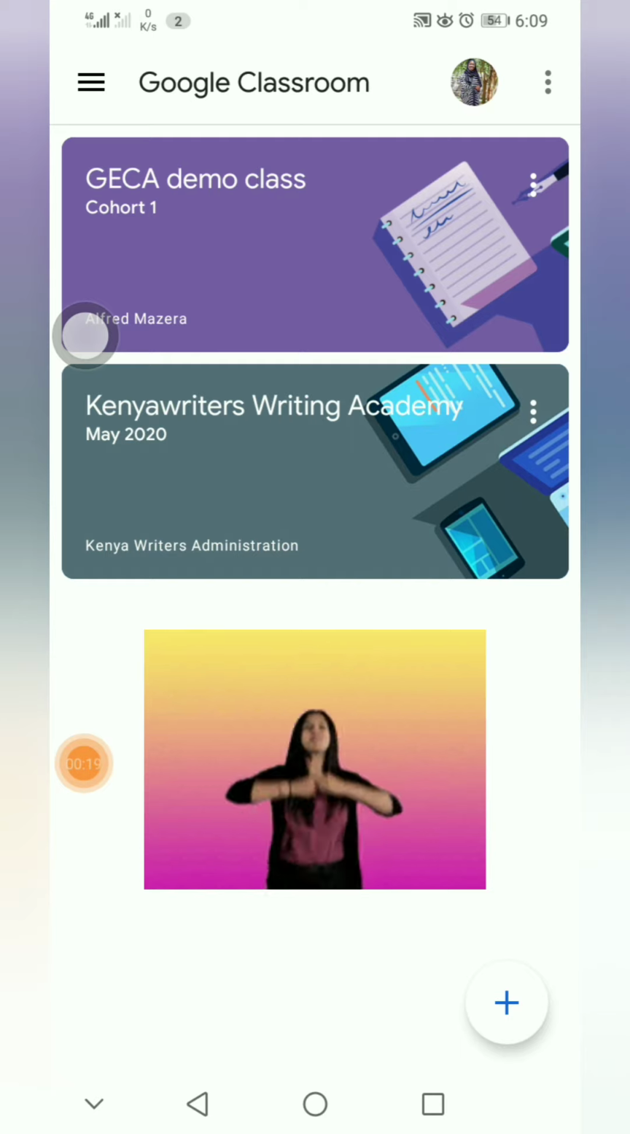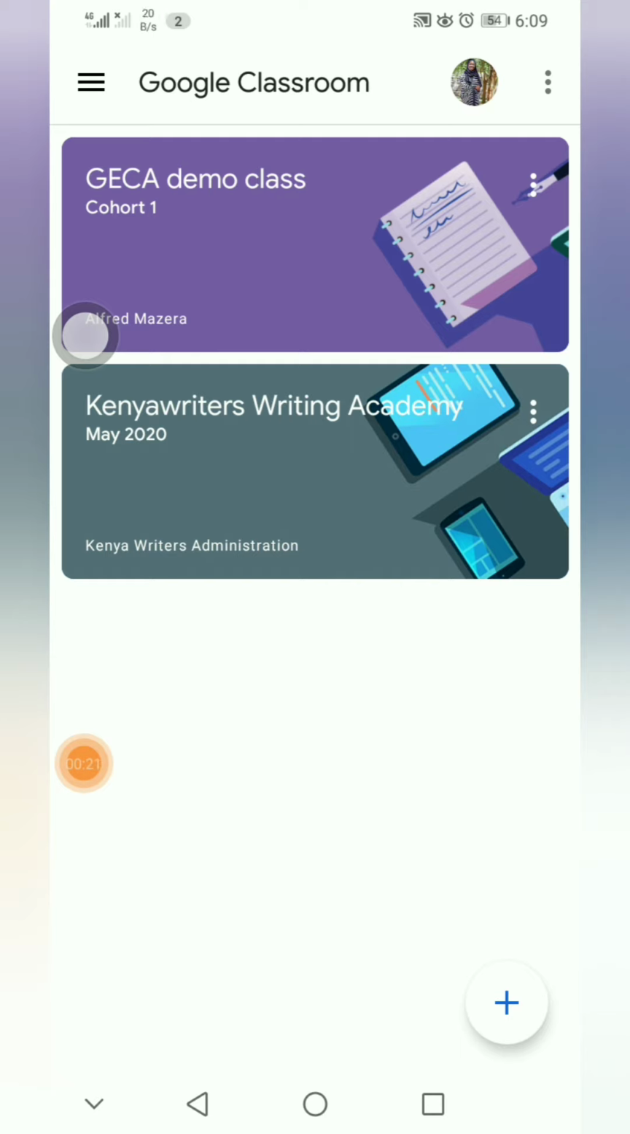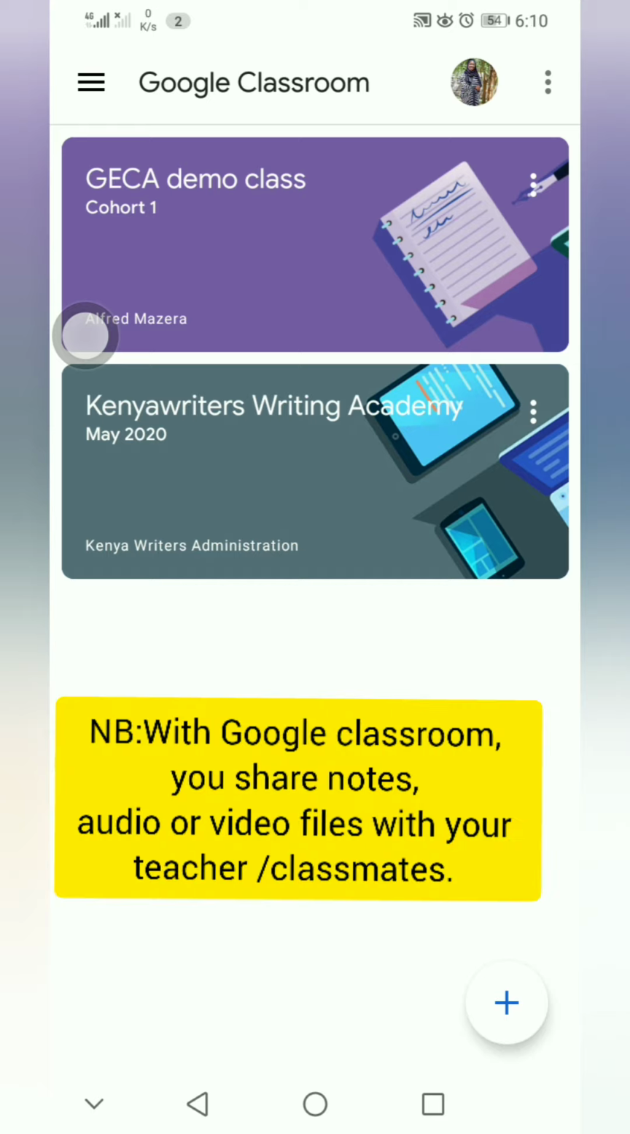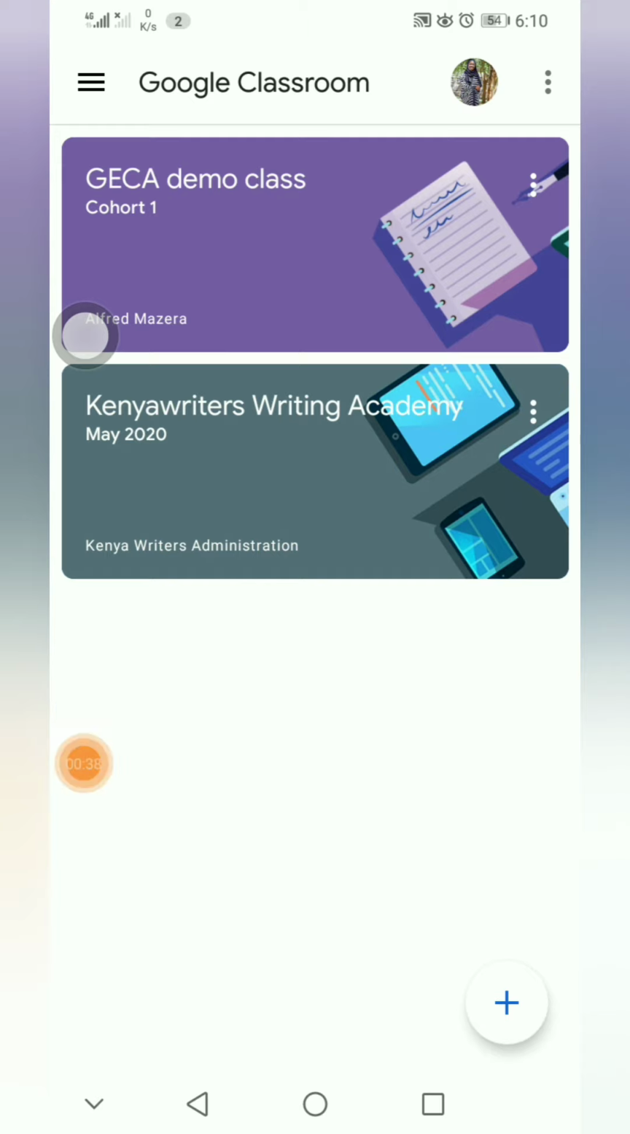So this page basically shows the Google classes that you have been having. For me, I have had a class demo for the Geka Champions Academy, and I also have a class with Kenya Writers. So this is what this page usually shows. Okay, now on the top